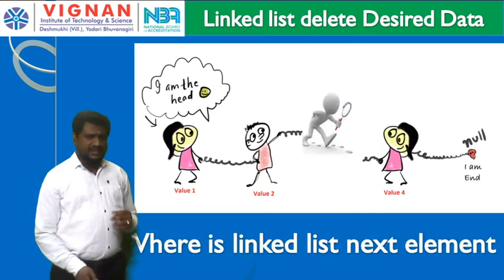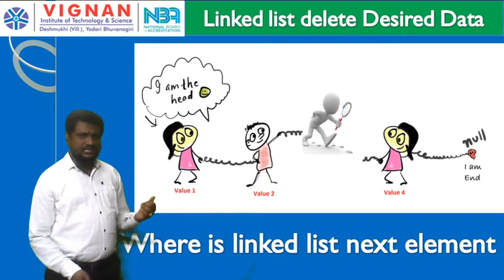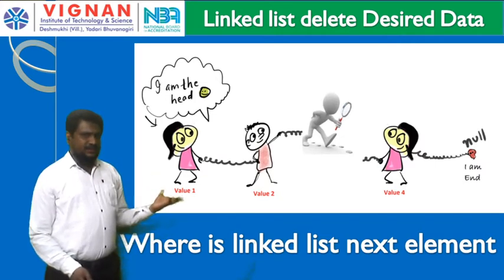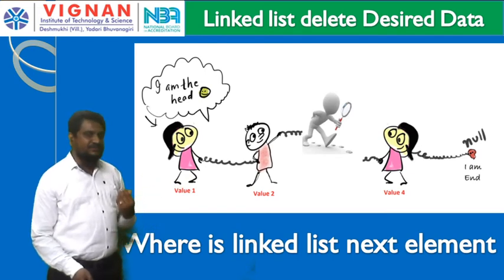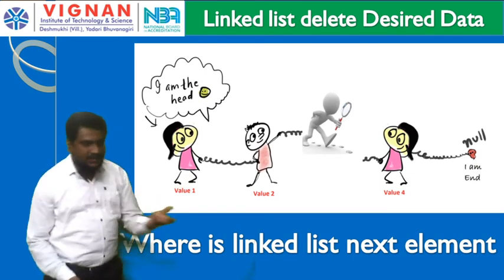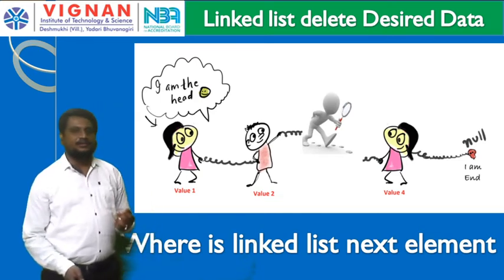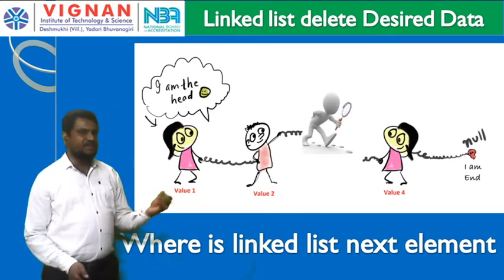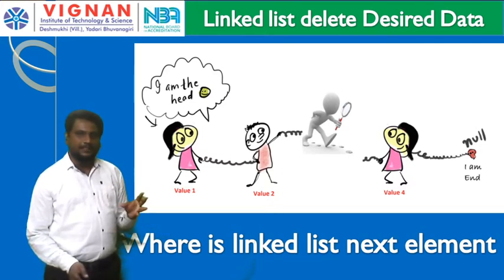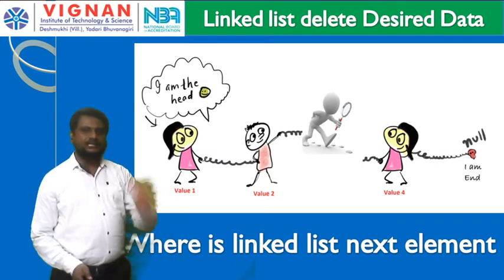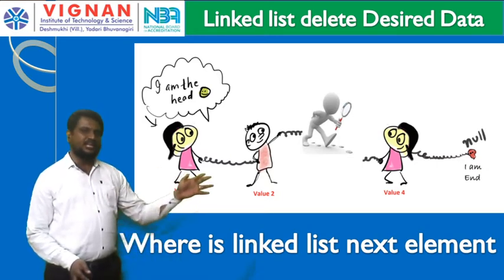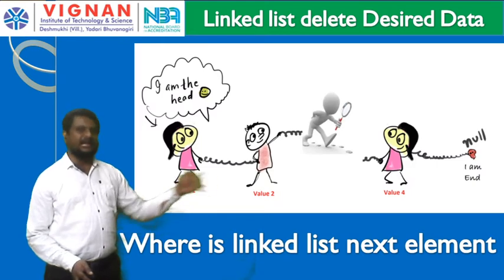Now, if I delete the element 3 and then search the linked list, starting from value 1 it refers to value 2, and value 2 refers to something, but it is deleted. I will search for the next element of value 2, where is it, but it is not available. Why? Because we simply deleted, but we didn't process anything. So the process will be only in the running stage. It won't exit the program. Why? Because it will be in an infinite loop. It is searching for data which is not available.